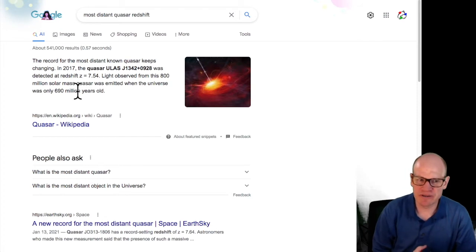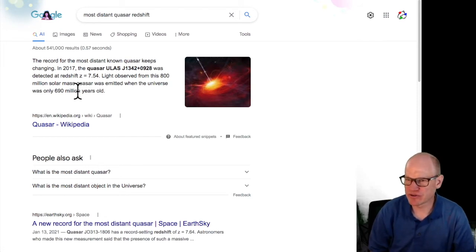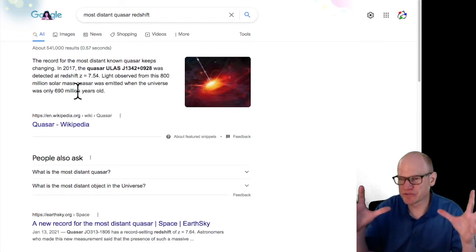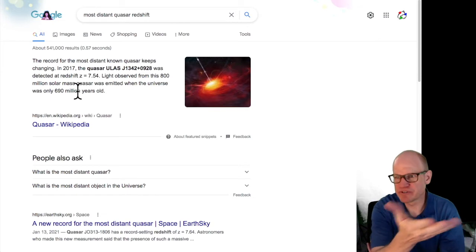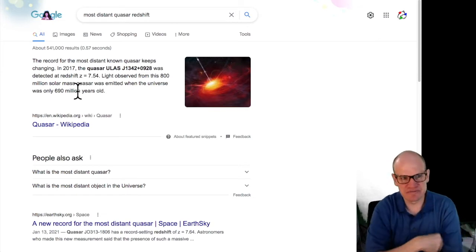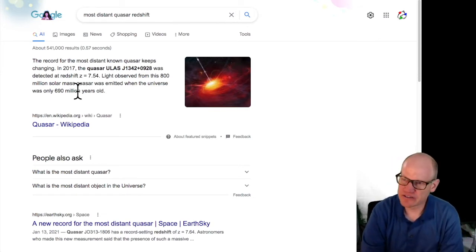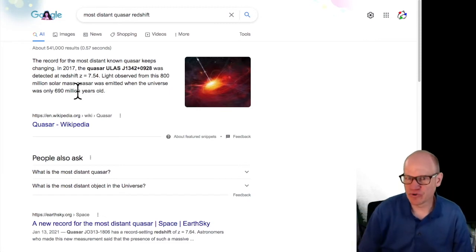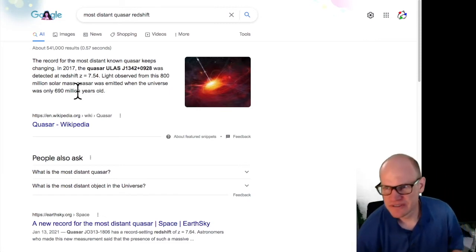And so there's got to be some mechanism to form these supermassive black holes in the centers of galaxies, and we don't fully understand what that is. Because you have to be able to form them fast enough for them to appear at redshift 7. So it's not clear at this point how you form supermassive black holes. They do form, but it's not clear how they form.